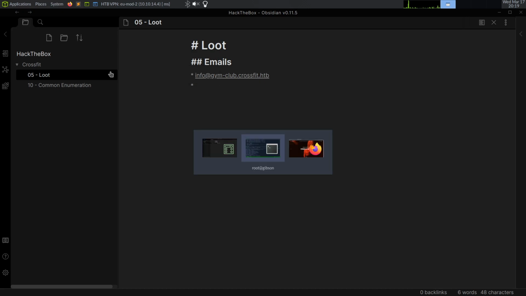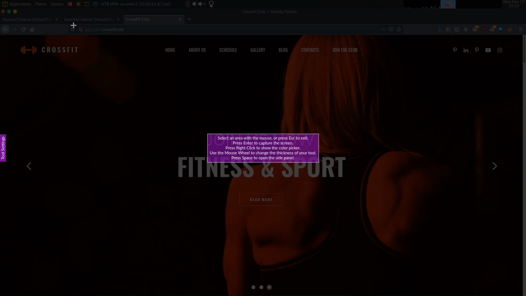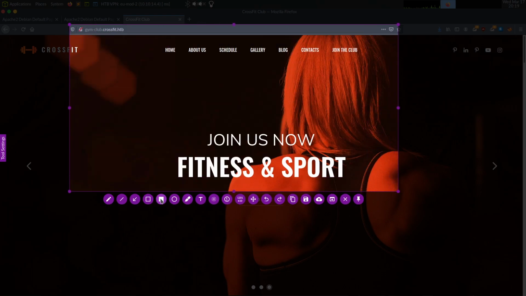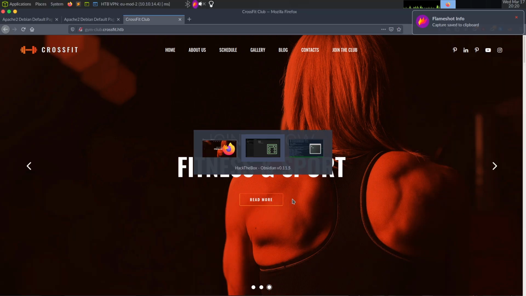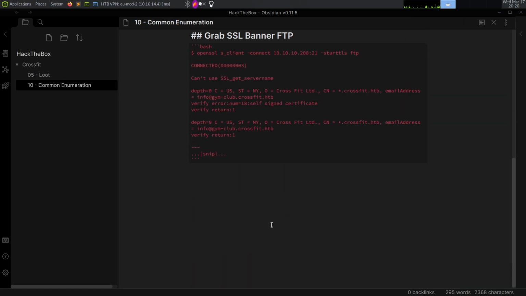And what flameshot allows us to do is as soon as we hit print screen, this thing pops up, and it's really nice because we have various options we can do with it, like use a pencil to write, add text to it, blur things, and everything. So what we want to do is just send it to clipboard. So copy the selection to the clipboard, and then we can go into our notes, common enumeration,